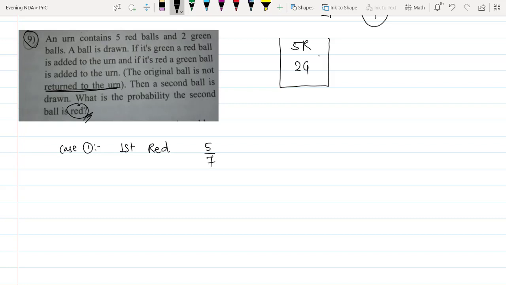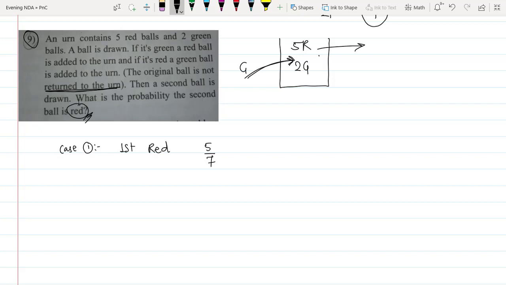So if you take the red ball from this container, okay, now that red ball you are not replacing again, but when you take the red ball you are adding which ball? Green ball you are adding. Now after having the green ball here, what is the total number of balls in the container now? 8. No, 7 only. Because one R went out and one G came in, so the total number of balls will remain the same. So here still we have 7 balls.